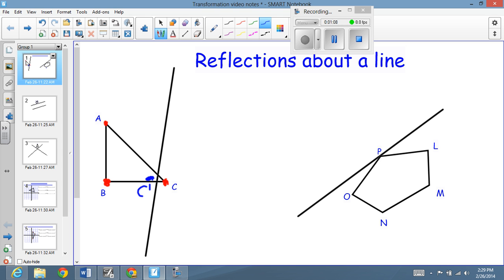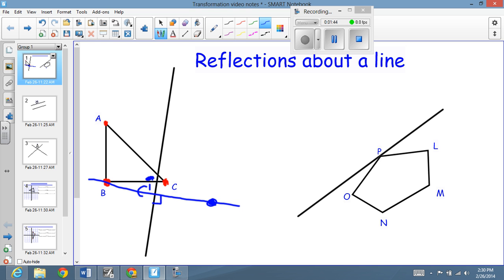Okay, I'm going to do the same thing with point B, and really what you want to do is reflect these points across the line perpendicularly, meaning if you can, reflect them at about a 90-degree angle. So you don't want to reflect B and have it way down here. You want to reflect B and you want it to be as perpendicular as you can from the line. So if you consider a line crossing at like a 90-degree angle here, you want this point B to reflect somewhere